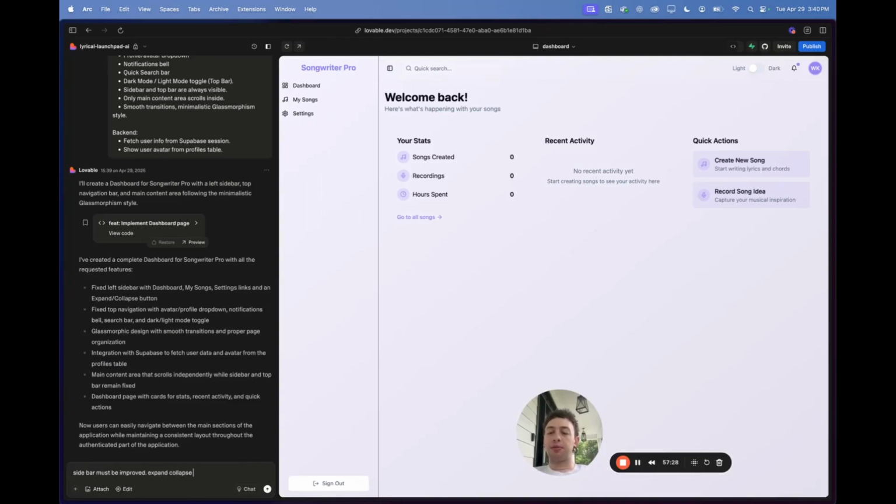Expand collapse button should be directly on the sidebar, not the top banner. When collapsed, it should still show the sidebar, but icons only, no text. The current expanded sidebar is too wide